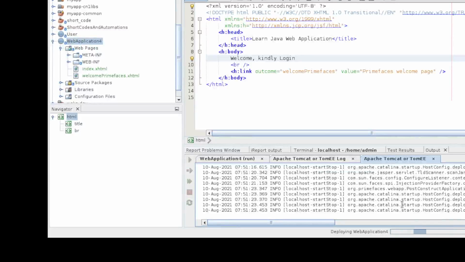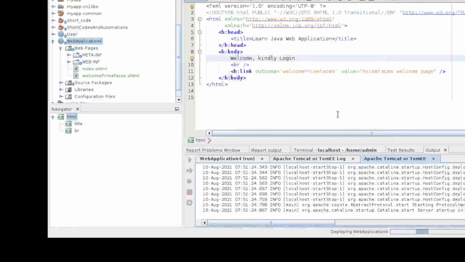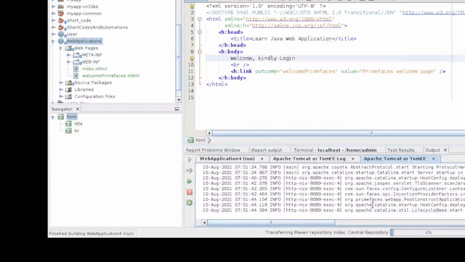That's the most important part of your integrated development environment, because it makes your work easier. But later on you'll also be learning how to deploy your application directly into Tomcat without using the IDE.